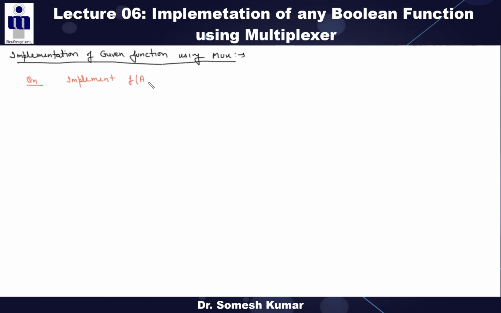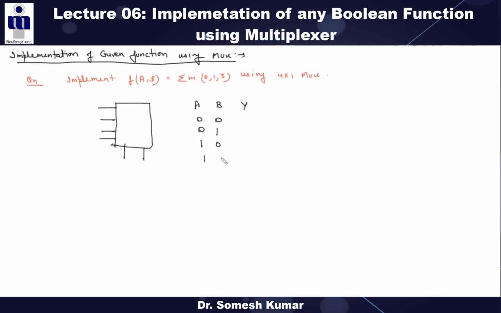this function, and the function is in this SOP form, using a 4:1 mux, right? This statement is given. So from here, it is clear that in a 4:1 mux, how many inputs are there? There are 4 inputs, 1, 2, 3, 4, and 2 select lines, right? So now from our previous discussion, this is the meaning of this function.